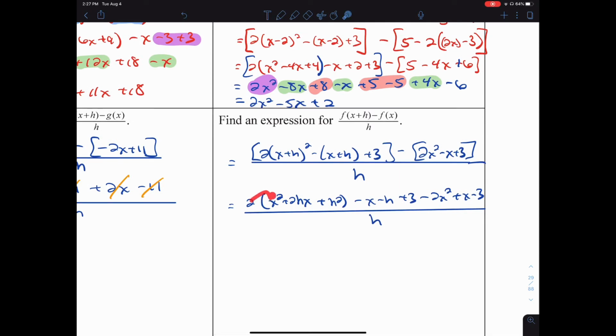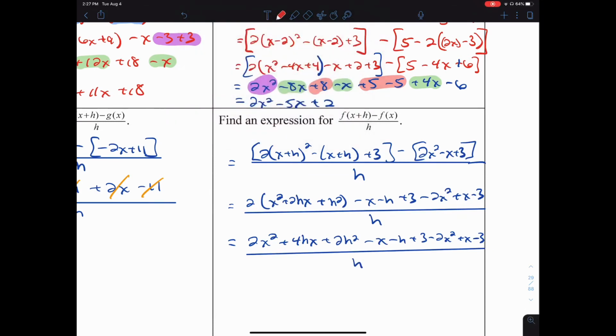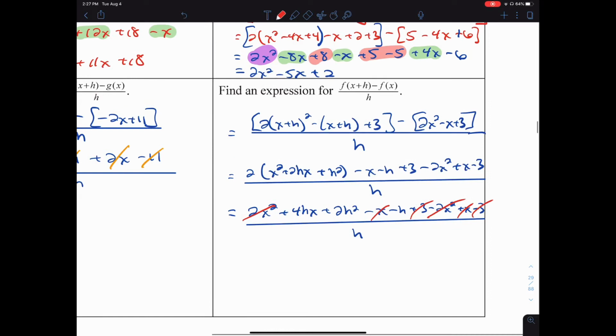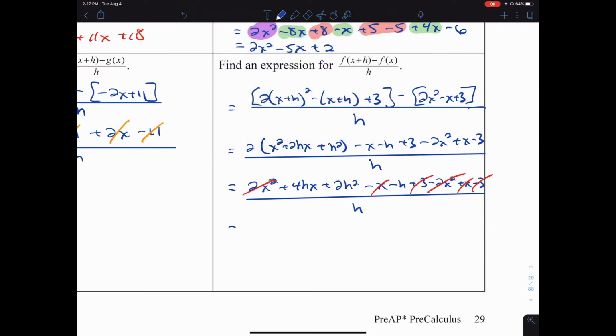Getting closer, let's distribute these 2's, or this 2 I should say. Get 2x squared plus 4hx plus 2h squared minus x minus h plus 3 minus 2x squared plus x minus 3. And now we let the bloodbath begin. We got a 2x squared, we got a minus 2x squared. We got a minus x, we got a plus x. We got a plus 3, we got a minus 3. What are we left with? We are left with 4hx plus 2h squared minus h